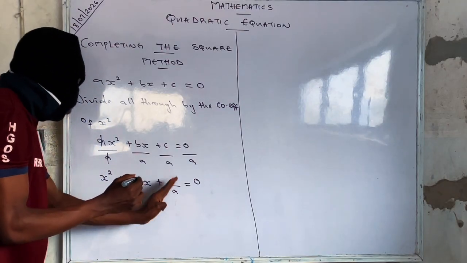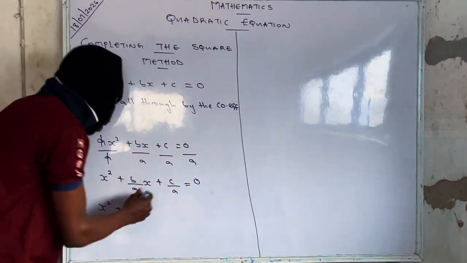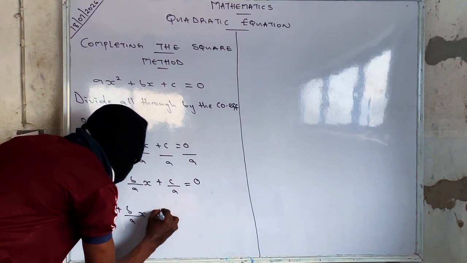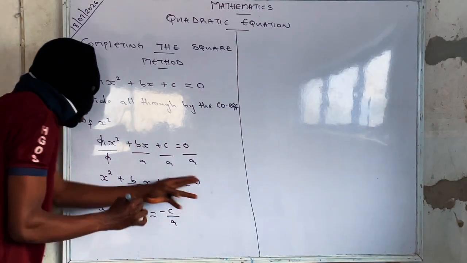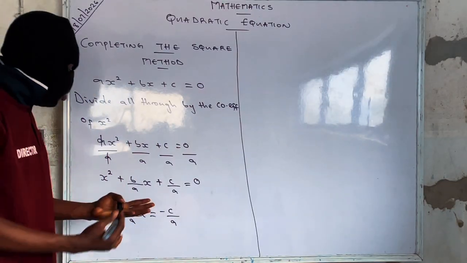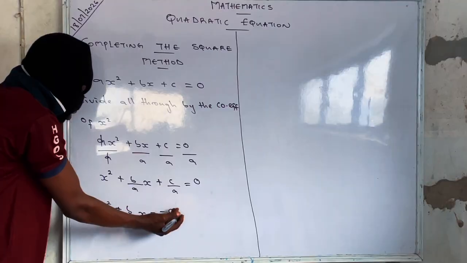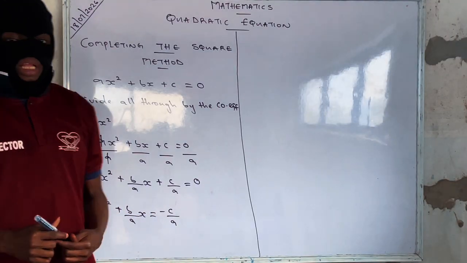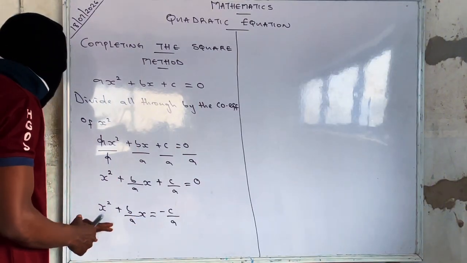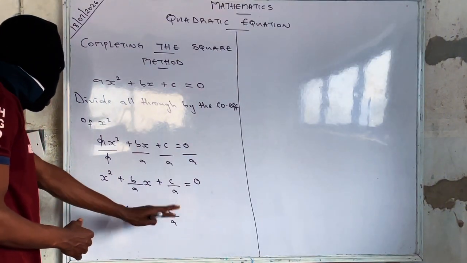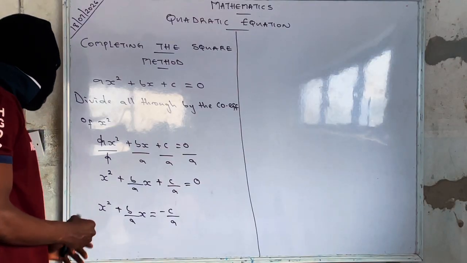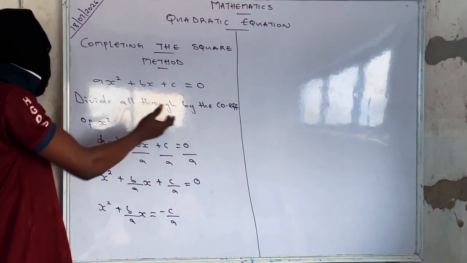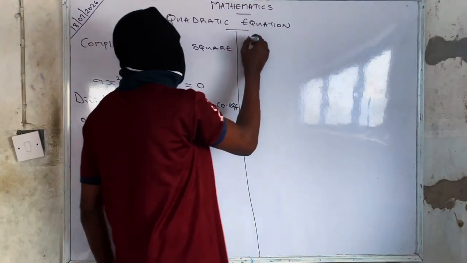Now we are taking this to the other side. Since this is plus, it will convert to minus, equals minus c over a. The 0, you don't need to put it there, because 0 minus c over a will still give us minus c over a. Now, since you have x squared plus b over a x equals minus c over a, the first step was to divide all through by the coefficient of x squared. The next one will now be to divide